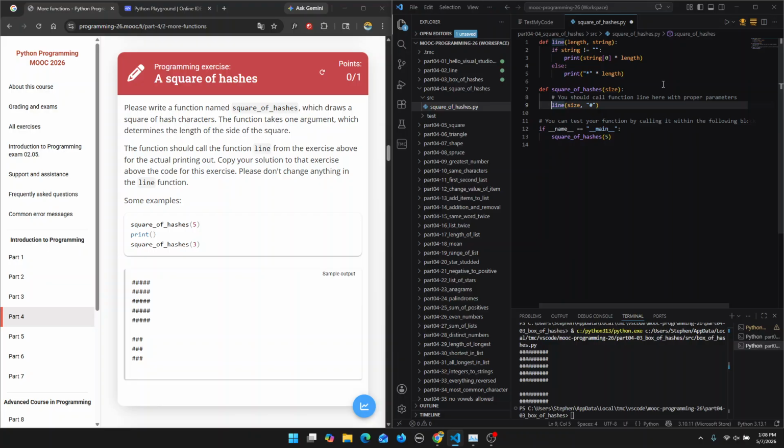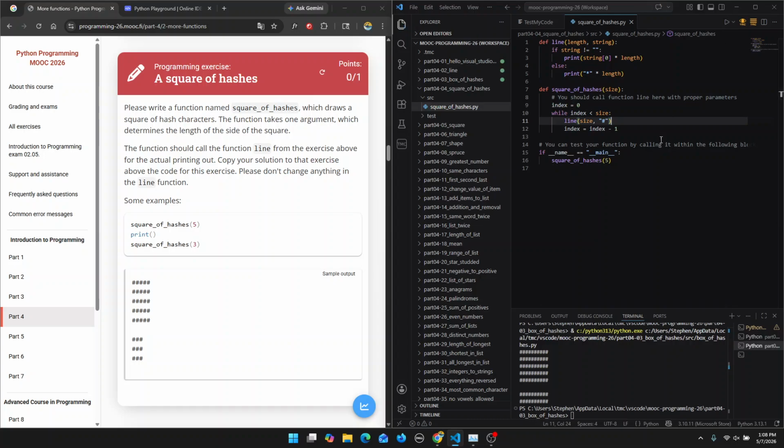So I'm going to declare a variable here called index, set that equal to 0. And then I'm going to do, while index is less than size, call line, pass in the size, and then decrement index by 1. So now when we run this,